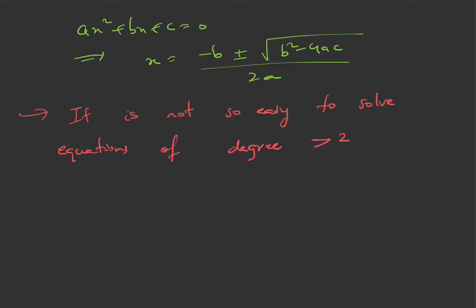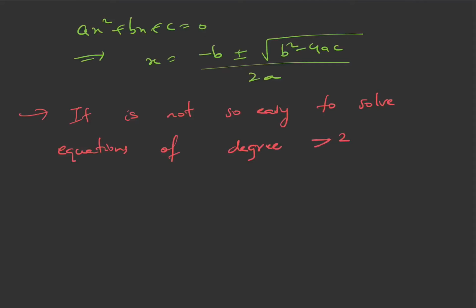While there are methods to solve cubic and biquadratic equations, those methods are beyond our scope. We are not going to learn those methods. But in some questions, some of the cubic equations, some of the biquadratic equations can be solved by using some hit and trial methods, or there might be some trick in those questions. So we are going to learn to solve those types of equations which we can solve by some tricks or some given data, or some hit and trial, right? So we will be solving those cubic and biquadratic equations.